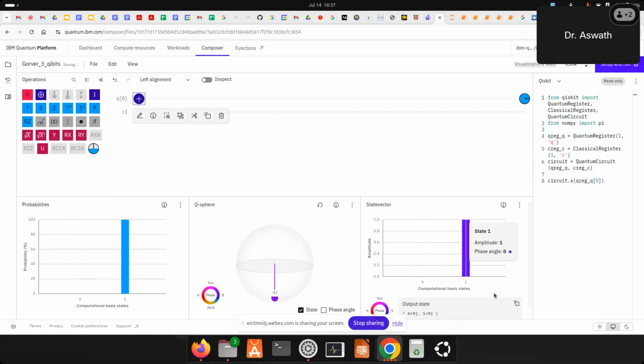So let me take a qubit in state |1>. On it, let's act with Z. When I do a Z gate operation, it should get a phase of pi. Yes, it is getting a phase of pi. We saw that in our hand notes earlier. Now remove that. Take an S gate, act on |1>. I should get a phase of pi by 2. Am I getting? Yes, phase of pi by 2. Remove that. Act a T gate on that. I'll get a phase of pi by 4. See, pi by 4 I'm getting.